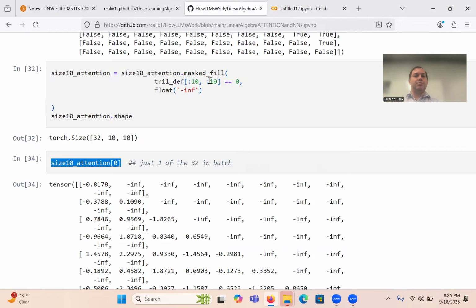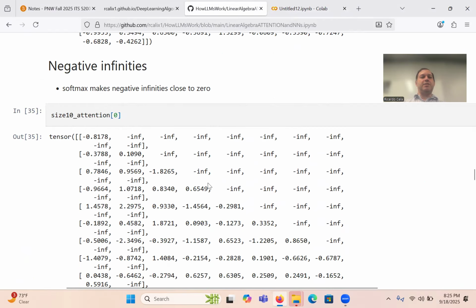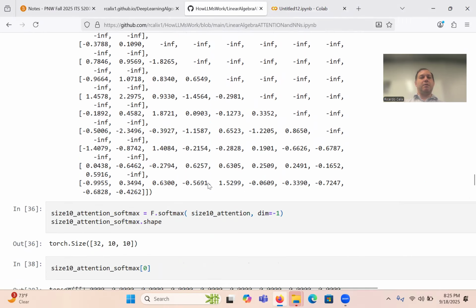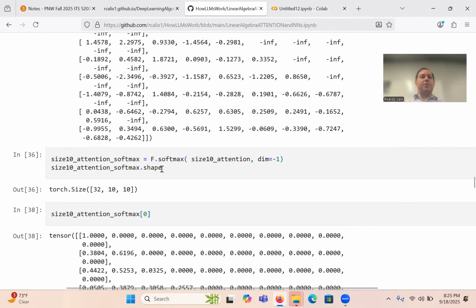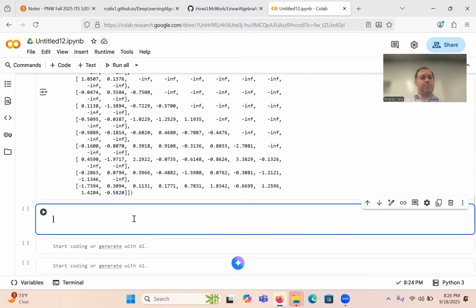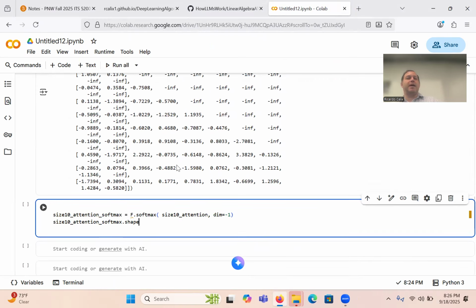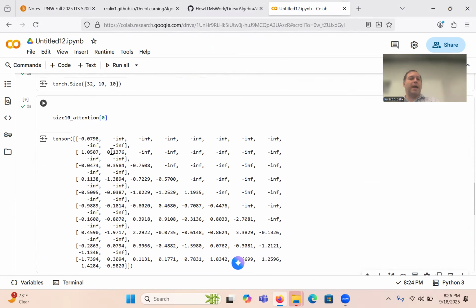So now I'm going to continue. And what are these negative infinities? We've looked at it already. To these values we apply a softmax function. And when we apply the softmax to the attention, what happens is